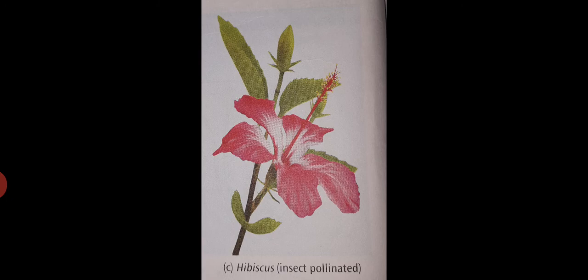Birds, insects, bats and other animals also act as agents of pollination. Plants that are pollinated by animals have large, showy and brightly colored flowers. They may be sweetly scented or produce sugary nectar to attract the animals. These flowers also produce sticky or spiny pollen grains that stick to the body of insects and are carried by them. For example, pollination in sunflower and hibiscus.